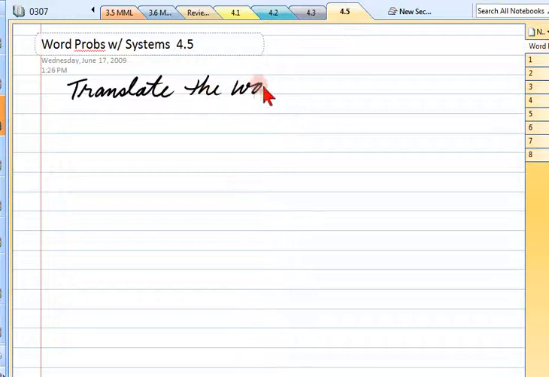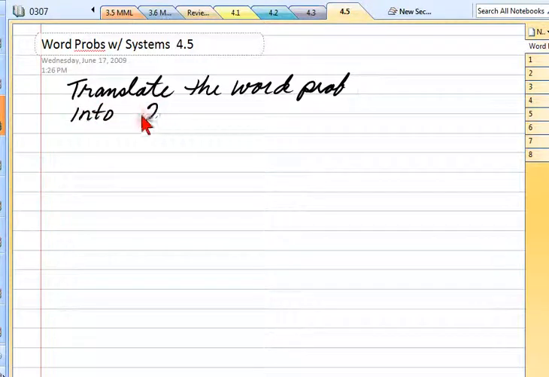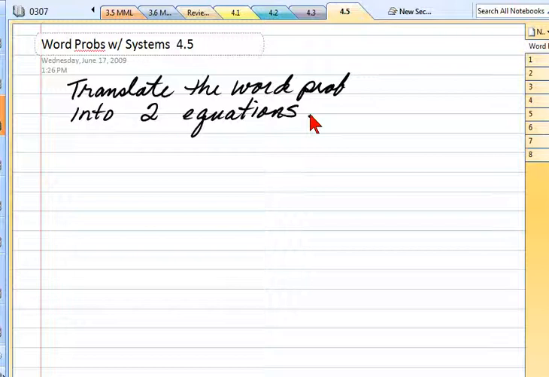What we're going to do is translate the word problem into 2 equations. There will be 2 complete thoughts, probably 2 sentences in each one of these word problems. Each one of those is going to give us an equation. We're going to read it, we're going to write it. Then we're going to decide